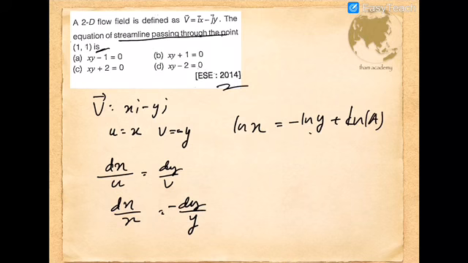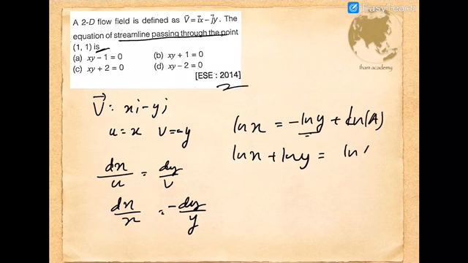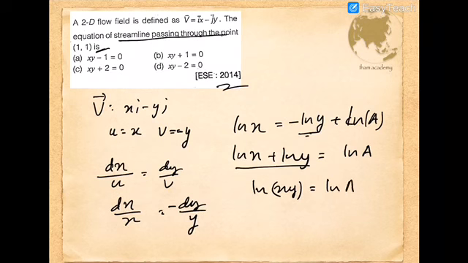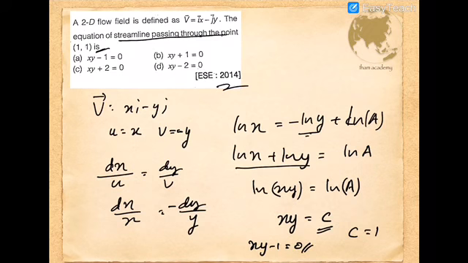I can take this constant again as ln a, some other constant value. So if we bring this to the left hand side, we will get ln x plus ln y is equal to ln a. So ln a plus ln b, that's our identity, we get ln ab. So here we can write ln of xy is equal to ln a, another constant. If we take the anti-log here, we will get the solution xy is equal to a constant. In order to find this integration constant, we have the boundary condition that it passes through the point 1, 1. So substitute x equal to 1, y equal to 1. We will get the value of c is equal to 1 itself. So xy minus 1 goes to 0. So that's option A, going to be the correct answer.